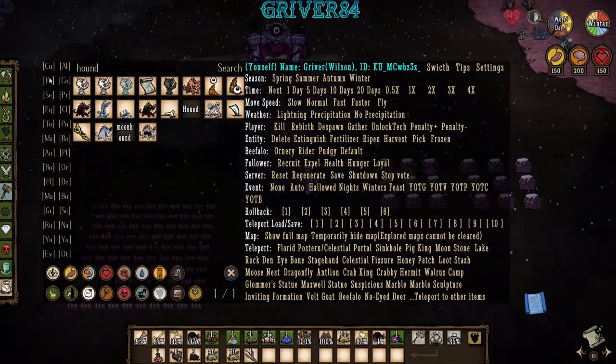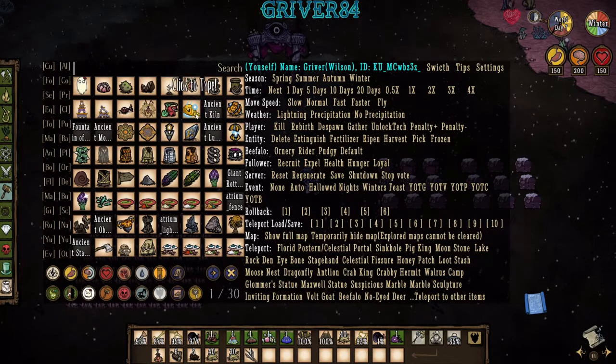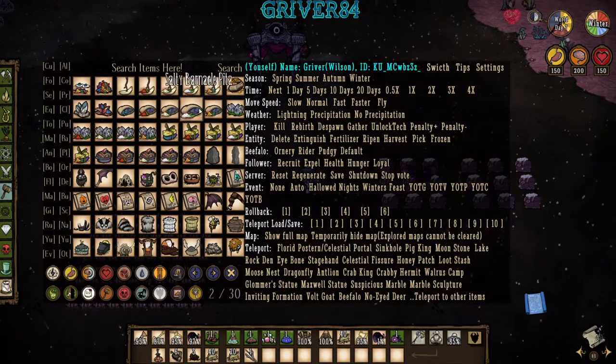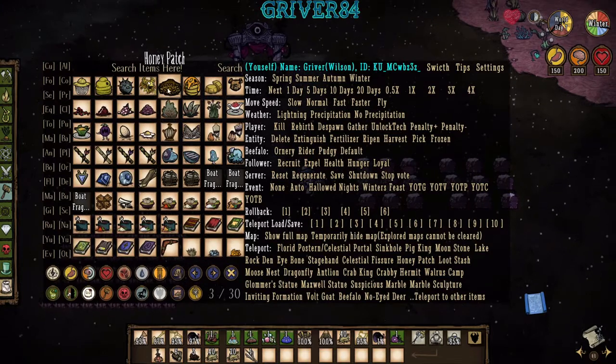And it's basically got pretty much every item in the game that you can think of here. If you want to try to spawn stuff in, or just check out different items as a player, you can...